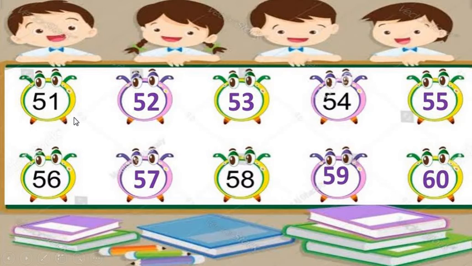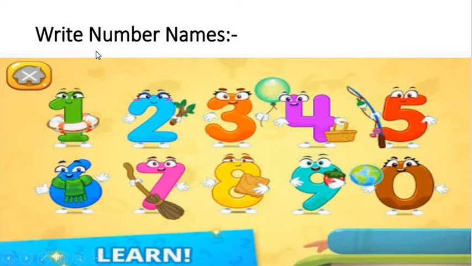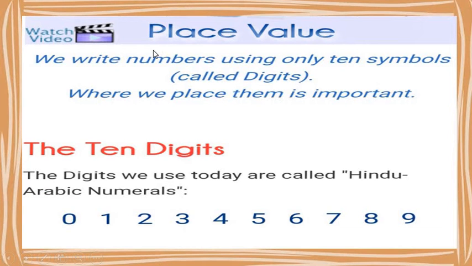After that, we make practice of missing numbers 51 to 100. And also, I hope you all have completed this exercise in your fair book also. Okay. Then we learn about right number names. In our previous lecture, we made practice of writing numbers for number names 51 to 100. This was the question number 2 which you have to write in your maths fair book, and I hope you all have completed this. Now move on to today's topic, which is place value.